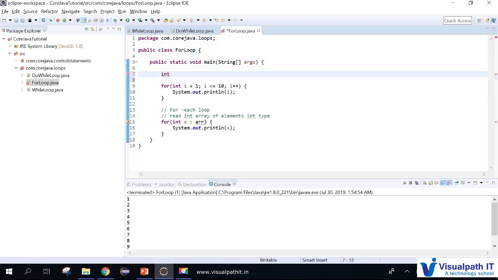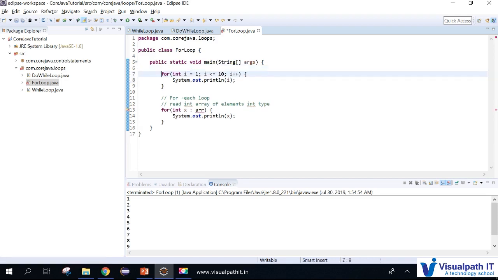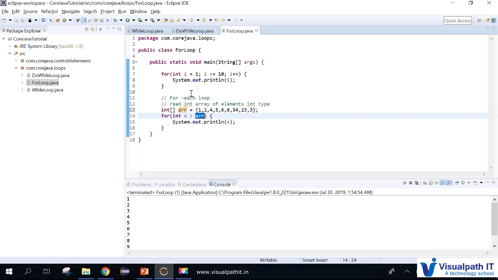I can mention it here itself. Nearby you can see int array. If you want to declare an int array, then it looks like this. I'm just predefining values, which are 1, 2, 3, 4, 5, some random numbers I'll be giving. So the integer array is given, and all the errors are gone. We just need to print